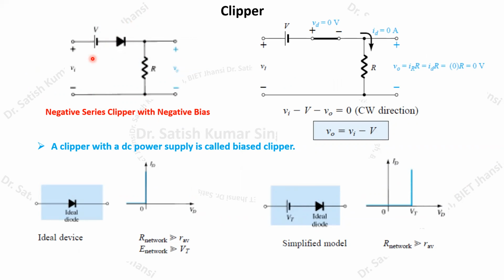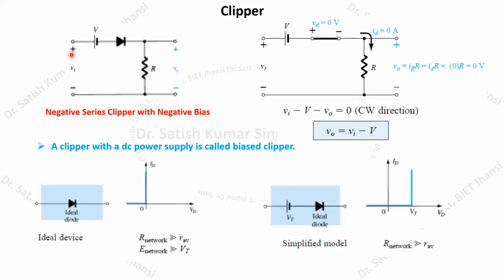Okay, so based on this key, whether this DC power supply connected in the circuit is making this diode forward bias or reverse bias, based on that we can give a name to this particular clipper circuit. For example, here in this case, you can see the negative terminal of this DC power supply is connected to this anode terminal,